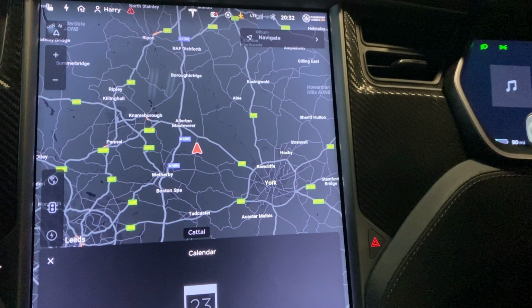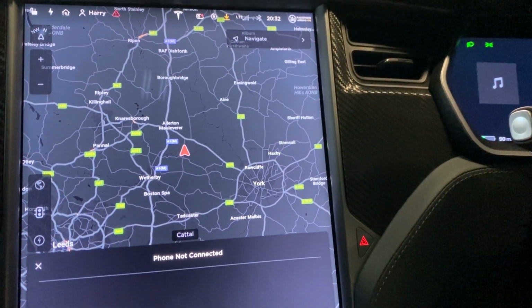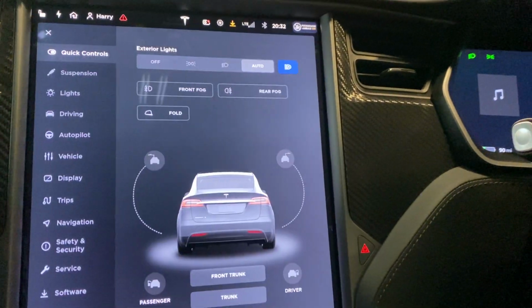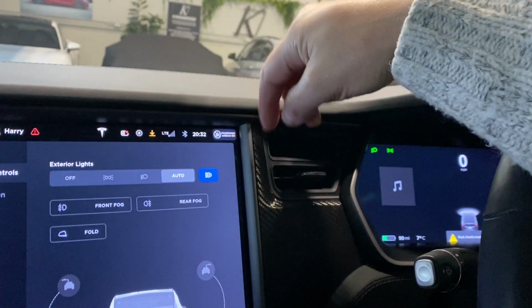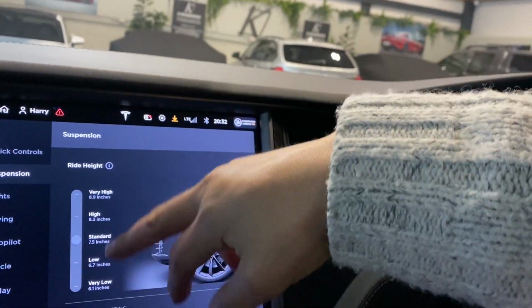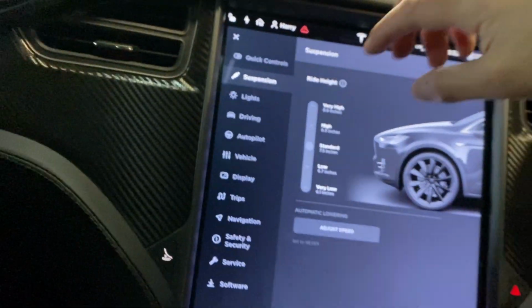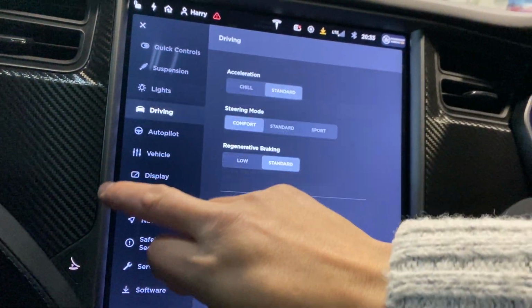Calendar, call if you want to call. I've not got my phone connected to the car yet. Car, you've got everything from quick control, so your lights, your suspension, of course, you can raise and lower substantially, as you can see there. Driving,